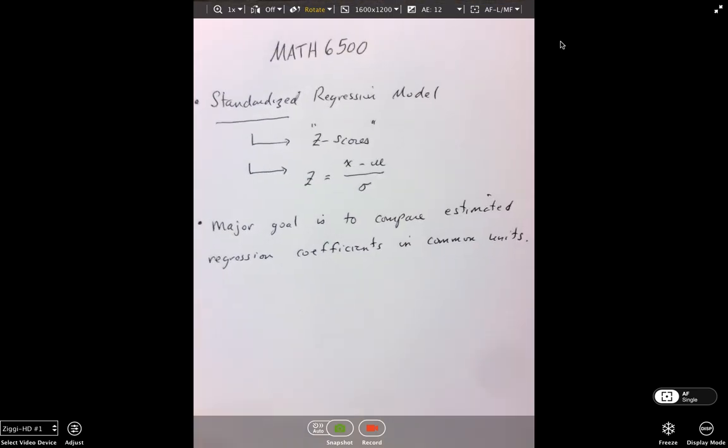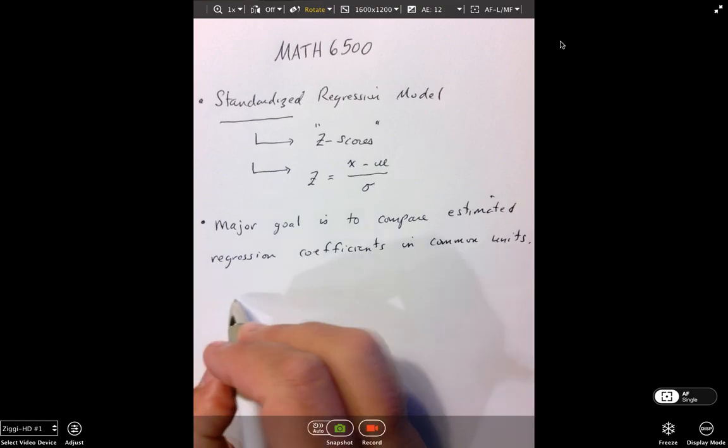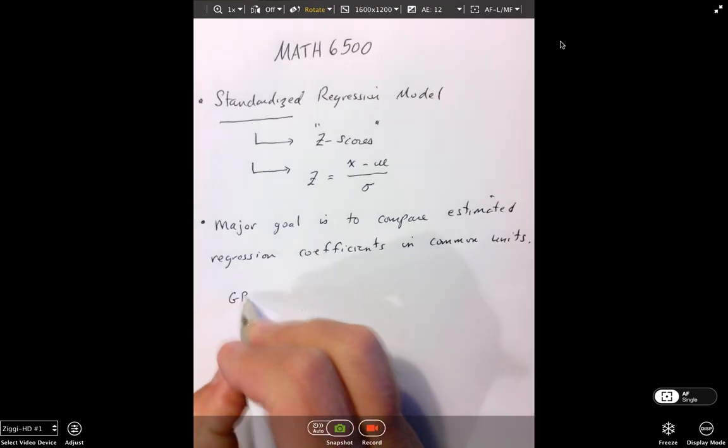And guys, you don't have to look far in the education community to think about where this would be pretty useful. If we were wanting to predict a student's